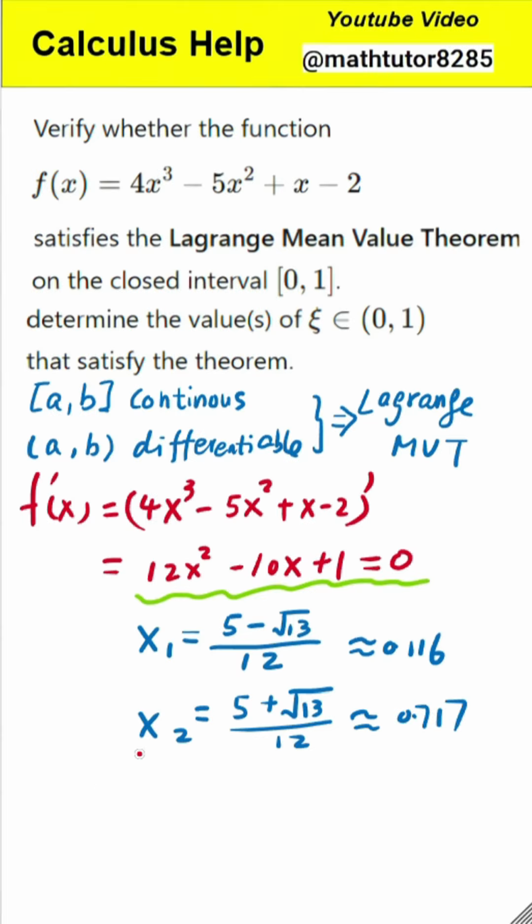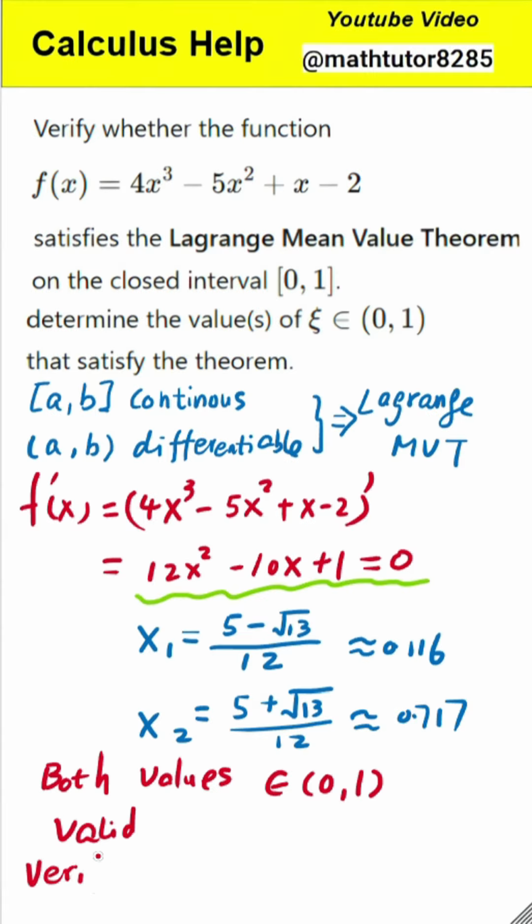We now check whether both roots are between 0 and 1. The square root of 13 is approximately 3.6. So the two values are approximately 0.11 and 0.71. Since both are strictly between 0 and 1, they satisfy the theorem. Therefore, the function does satisfy the Lagrange mean value theorem on the interval from 0 to 1. And the value or values of c that make the derivative equal to the average rate of change are open parenthesis 5 plus or minus the square root